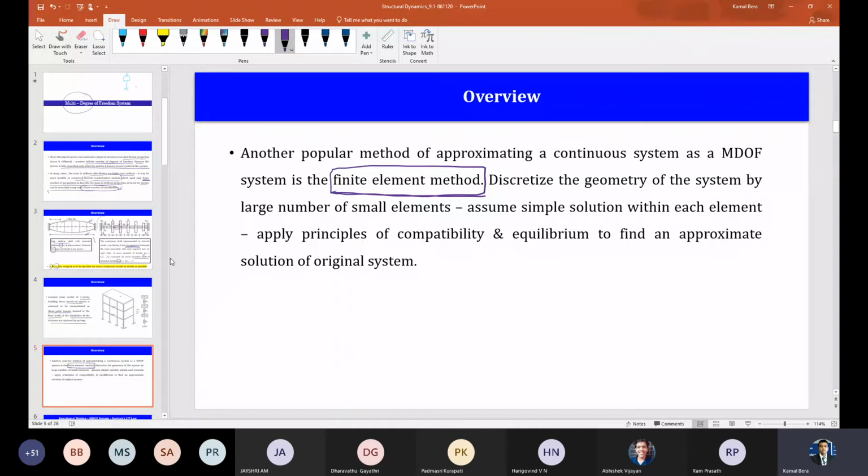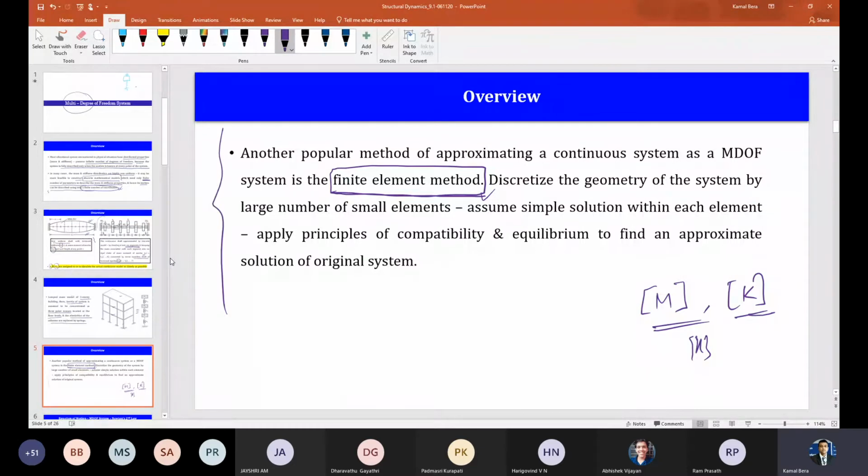Once you learn the finite element method or matrix structural analysis, then you will know, from a real structural system like a multi-story building or bridges, even a car, how to get the discrete model and get the mass and stiffness. Once you have the mass and stiffness, you put them in the equation of motion. According to the degrees of freedom, the x vector will be there. So you only find the discretization, and then you solve it.